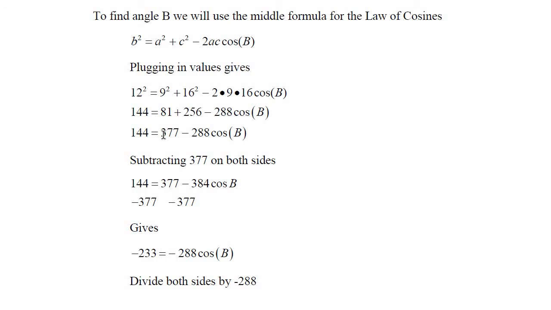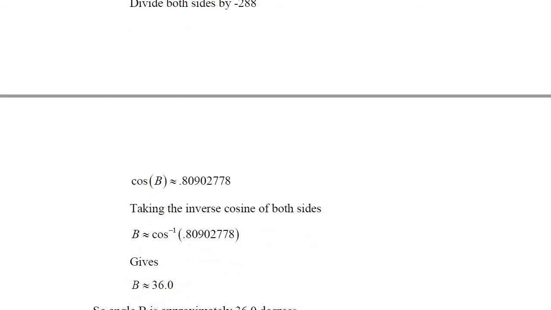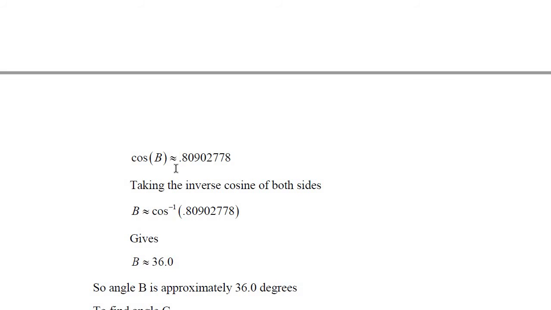81 plus 256 gives me 377. Subtracting 377 on both sides, 144 minus 377 gives me negative 233 is equal to negative 288 cosine of B. Divide both sides by negative 288, and this gives me cosine of B is approximately equal to 0.80902778. If I take the inverse cosine of both sides, that ends up giving me that B is approximately 36.0